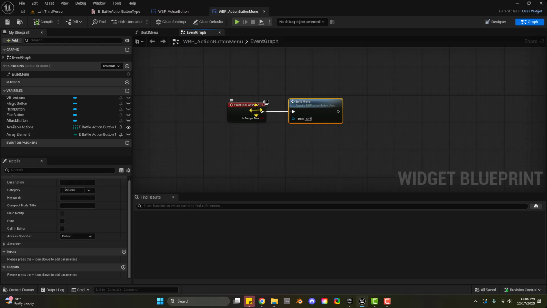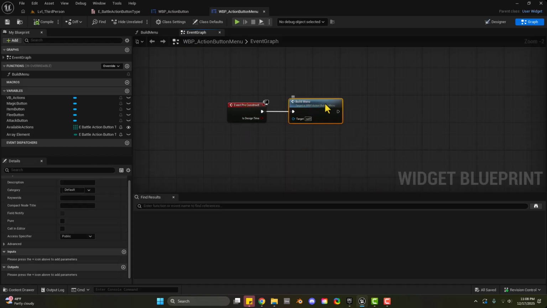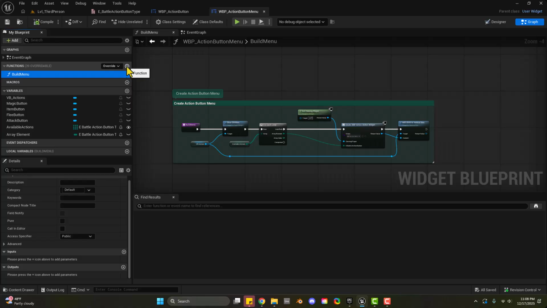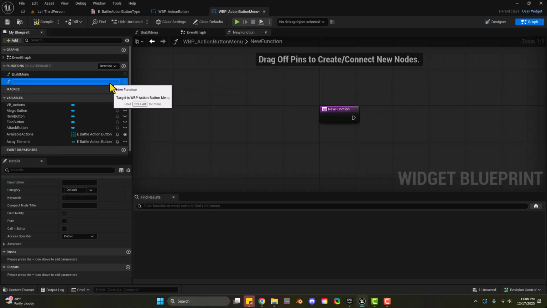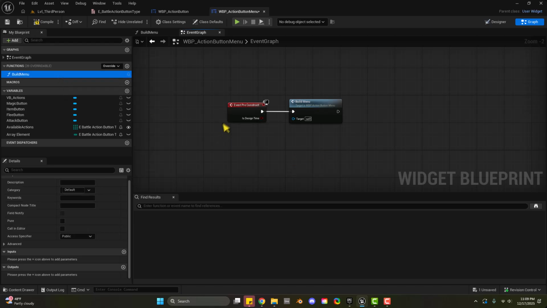So this is our first function that we've used in this series. So what is build menu? Well, if I double click, it takes me to function build menu that we created. And we did that by clicking on a function, and I named it build menu. So because it's the first time we're covering functions in this series,